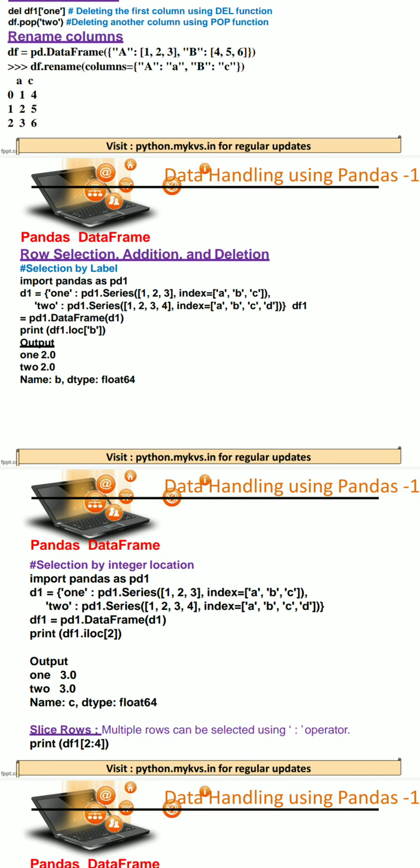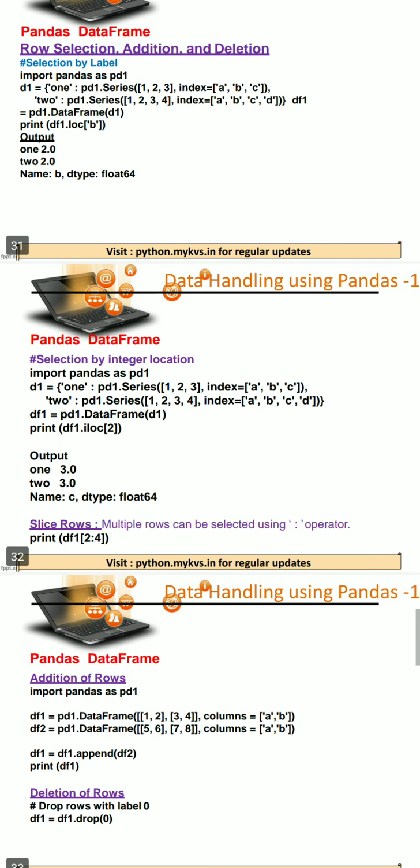label A, B, C, D, but in the first three rows, column one will be holding some value, but in the second column there will be 4 values, and if we arrange these values like this and access the value of B position only, B label only, in that case it should display 2 and 2, 2 for one column and 2 for two column.